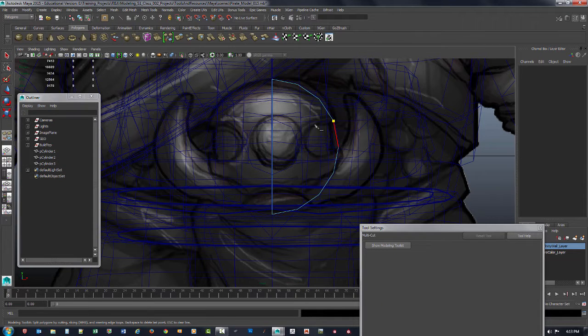And now with the multi-cut tool, let's just go ahead and use the multi-cut tool, and I'll come here like this, and we'll do something like this. I'm just trying to figure out what edges I could pull from to make this thing look the way that I want it to look. I know we've got this drawing here, and the drawing isn't quite centered up, so I'm trying to retain as much as I can of the drawing, but